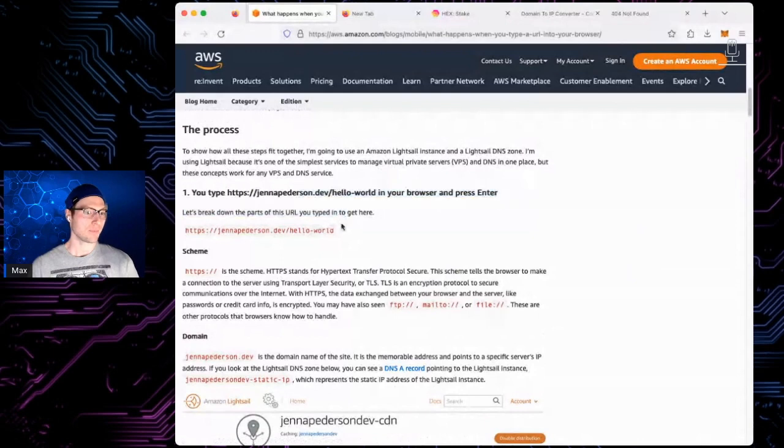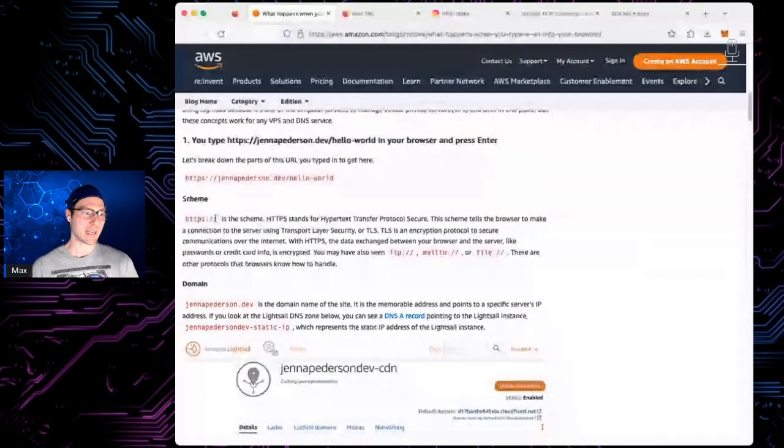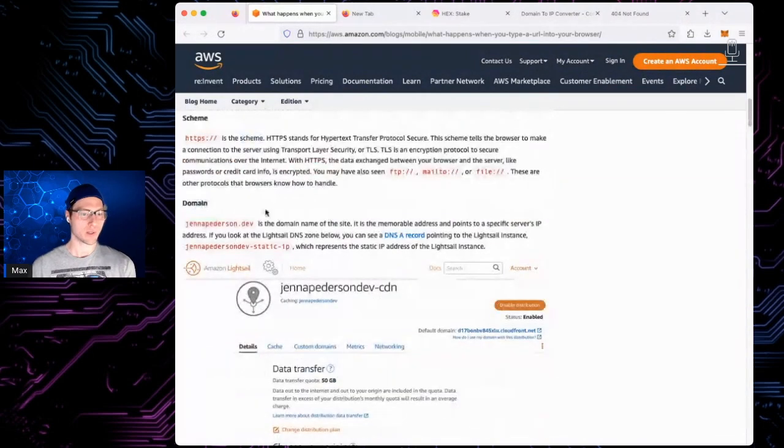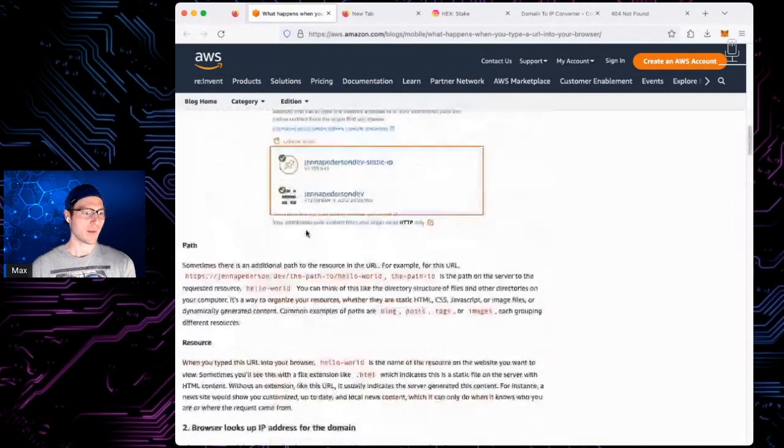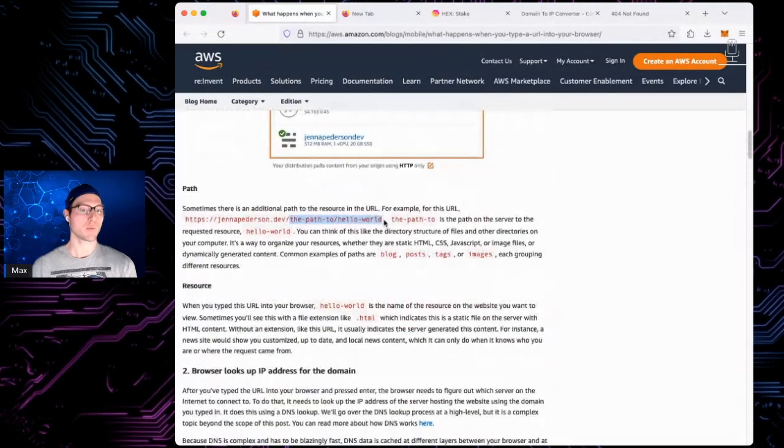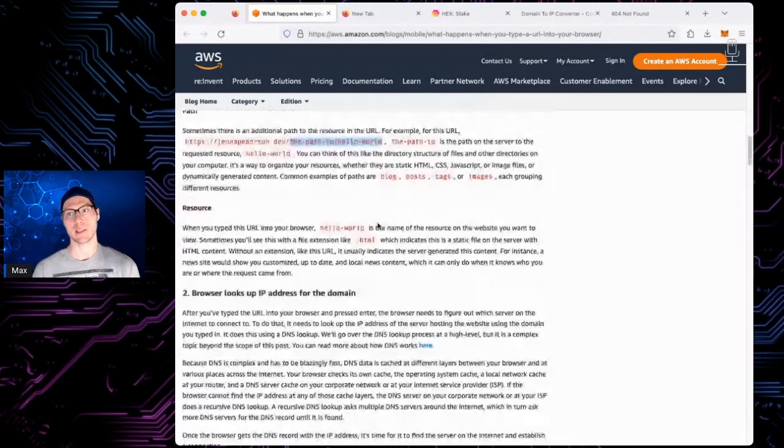Yeah, this breaks it down. You type this in. There are different parts of the scheme itself. Within the browser, there's HTTP, there's HTTPS, there's FTP, maybe still around. And there are 3 different parts. You've got the scheme, the domain or the subdomain, and then you have the path, which is the request, what we're actually requesting. And that could contain other arguments or variables, and GET requests. And then there are POST requests. I don't want to get too much into the HTTP protocol, but